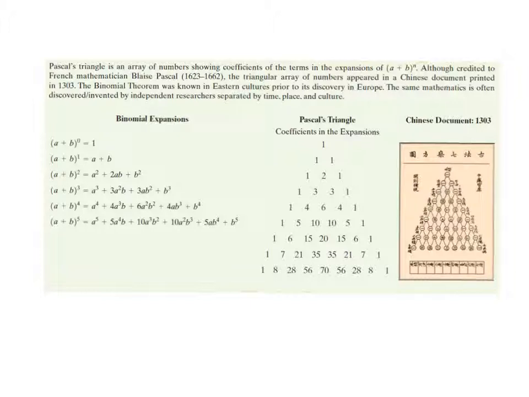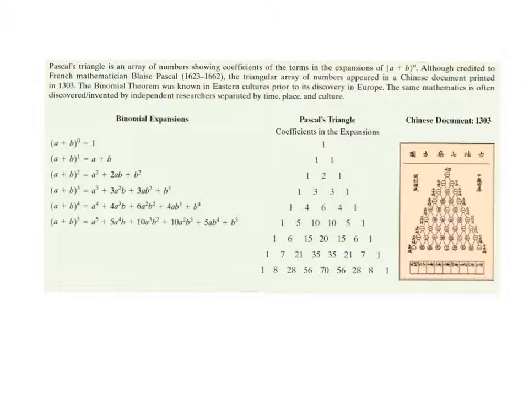So I'm going to read this top thing for you here, and then we'll talk about it a little more. It says Pascal's triangle is an array of numbers showing coefficients of the terms in the expansions of a plus b to the n. Although credited to French mathematician Pascal, the triangular array of numbers appeared in a Chinese document printed in 1303. The binomial theorem was known in Eastern cultures prior to its discovery in Europe. The same mathematics is often discovered and invented by independent researchers at separate times, places, and cultures. Okay, we know this as Pascal's triangle, but maybe Pascal wasn't necessarily the first guy to think of it. We just heard about it